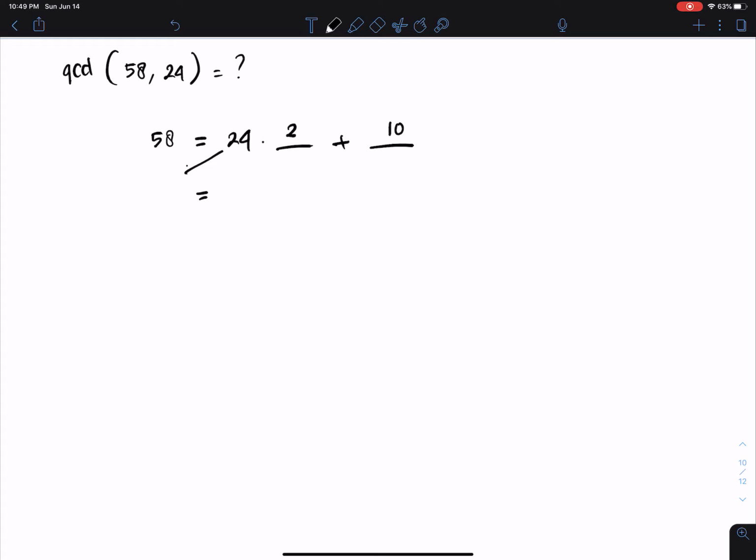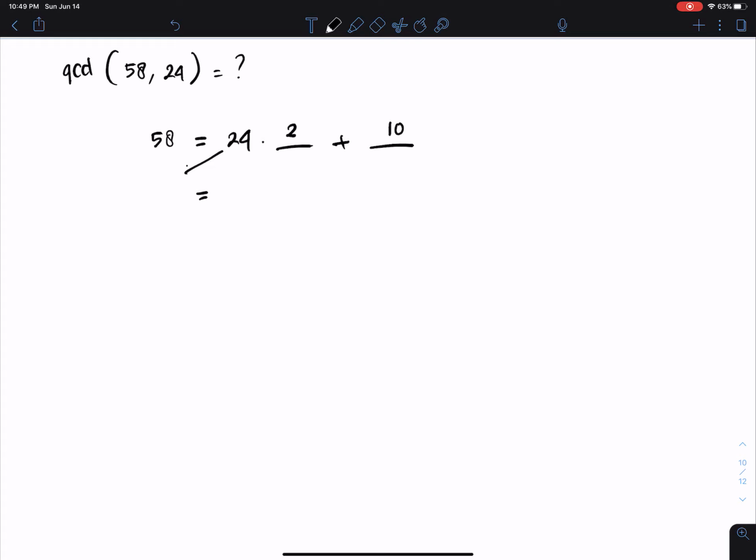Next, we have 10 here and we have 4 here, times what and what will be the remainder. So we get times 2, 8, the remainder will be 2. Next is 4 here and 2 here. So 2 times what and what will be the remainder, close to 4. Definitely 2 times 2 and the remainder is 0. And there you go, we stop. When you meet 0, then we stop.